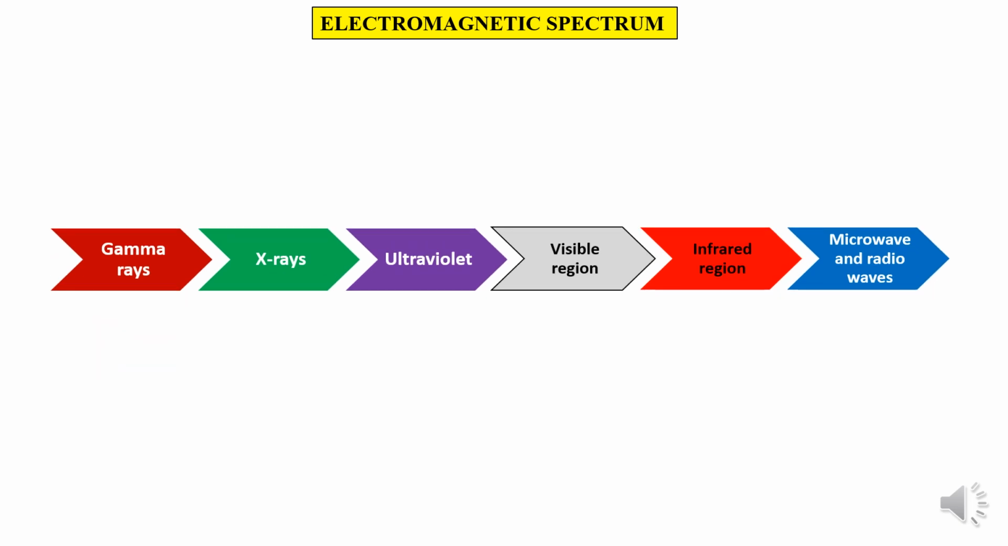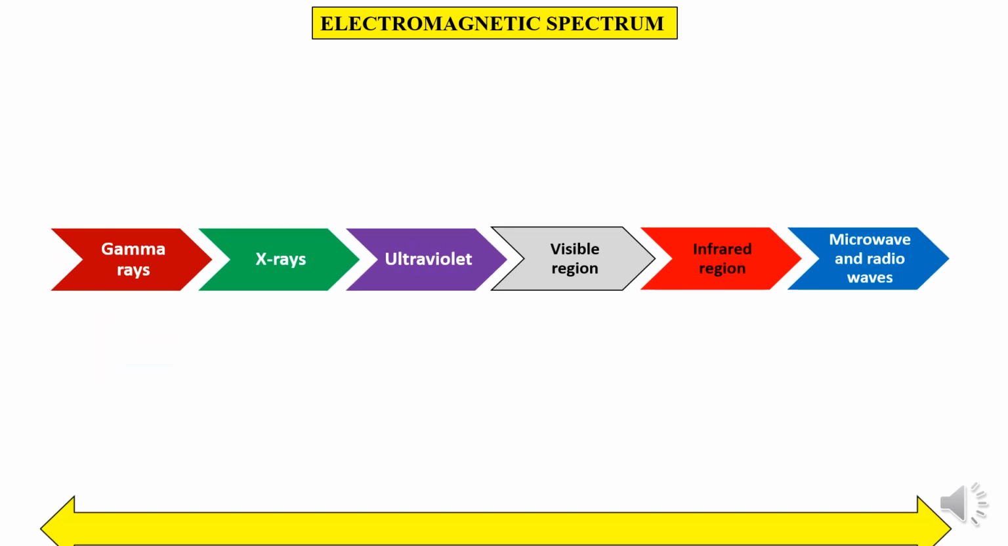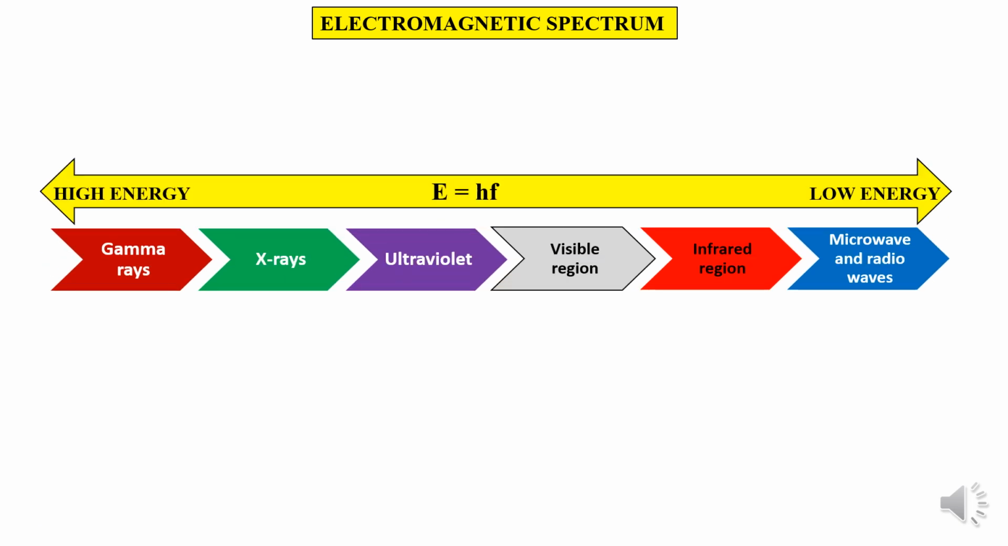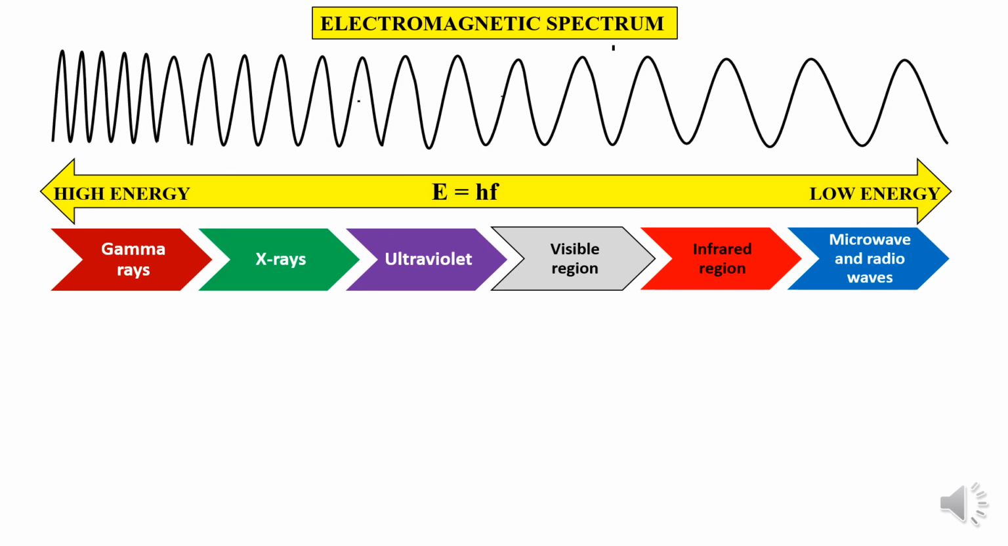Now the electromagnetic spectrum extends from the high energy gamma rays to the low energy microwave and radio waves. And the energy of the radiation is given by the equation E = hf, where E is the energy of the electromagnetic radiation, h is Planck's constant, and f is the frequency of the radiation. As you move from high energy gamma rays towards the low energy microwave and radio waves, you see that